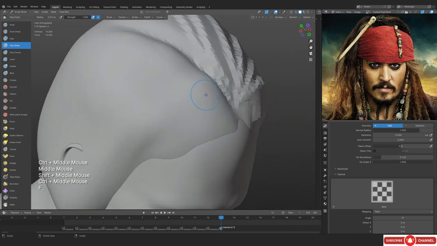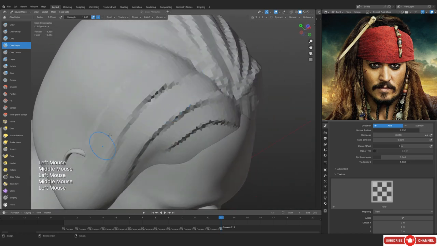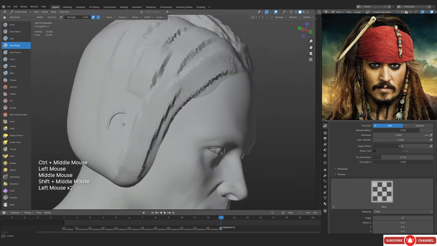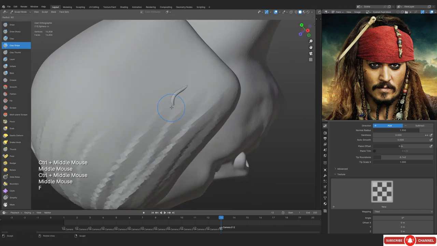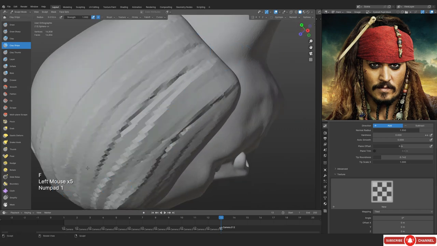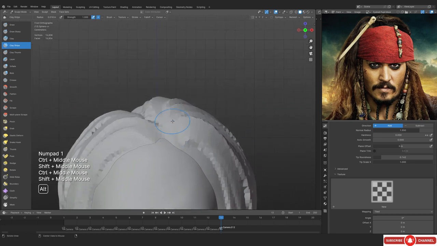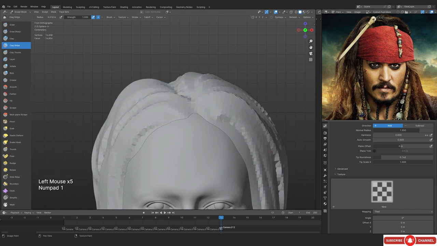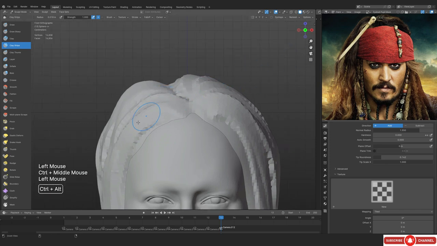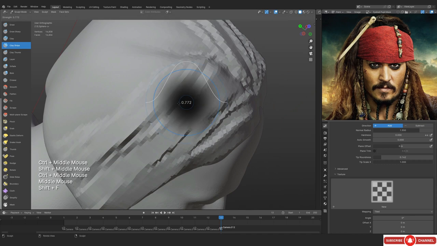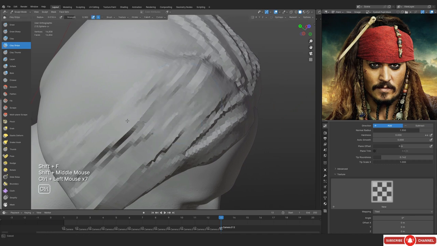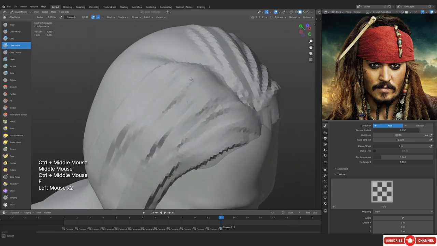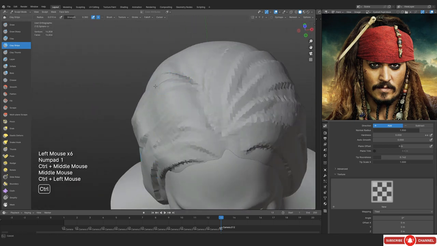Okay, so now you can see that I'm going a little bit sharper with the clay strip brush and trying to make sure that the volumes are correct and the direction could also be seen in the sculpt. So we are achieving the two things, the volumes and the direction of the hairs. And this is what we have right now. And the more we sculpt, for example, you can see in this area we have more volume, and then the volume is going inside a little bit. So if I were to remove some volume like this, we should be able to get something similar to what we have in the reference. Okay, this was a bit too much,